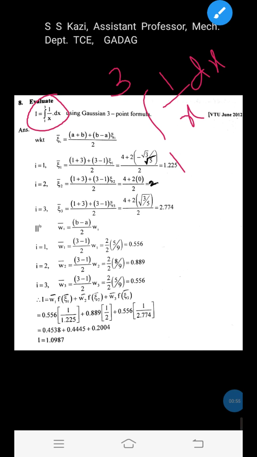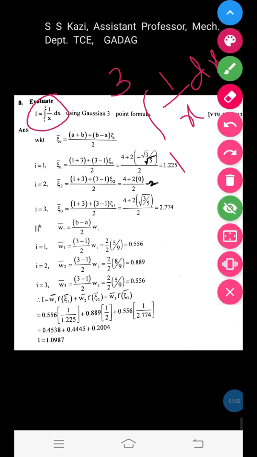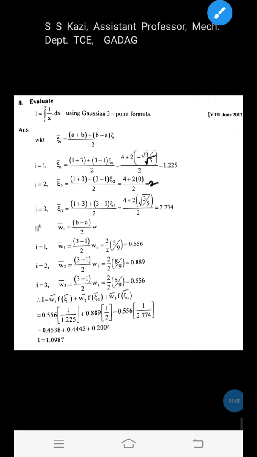Okay. Now just refer to the previous video and try to solve this particular problem, evaluate this integral using the 3-point formula. In the previous video we have already discussed the 3-point formula. Now this given integral can be approximated to w1 bar into f of x1 bar, that x1 bar can also be written as zeta 1 bar, that already we have discussed, plus w2 bar into f of zeta 2 bar plus w3 bar into f of zeta 3 bar. Okay, this is the formula. Using a 3-point formula we should use 3 sampling weights and 3 sampling points.